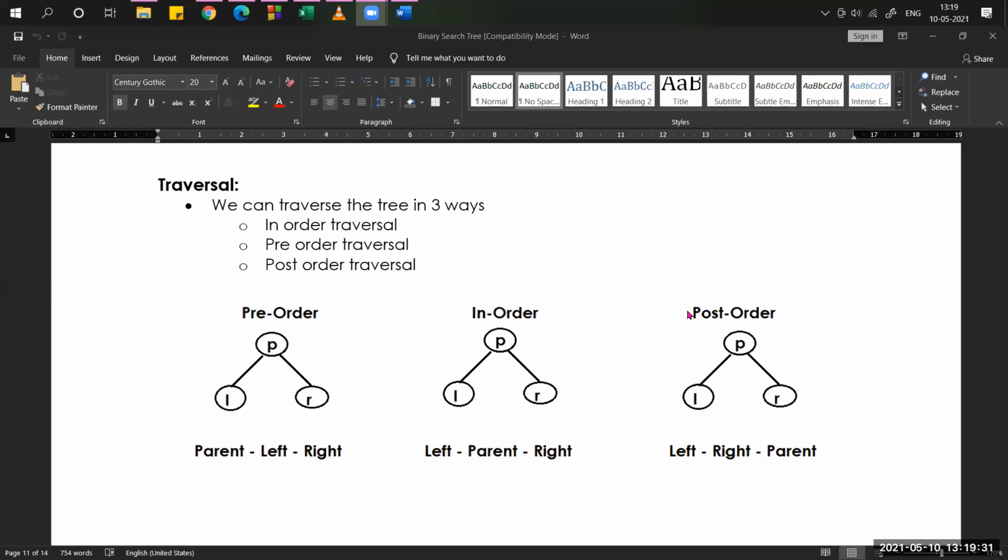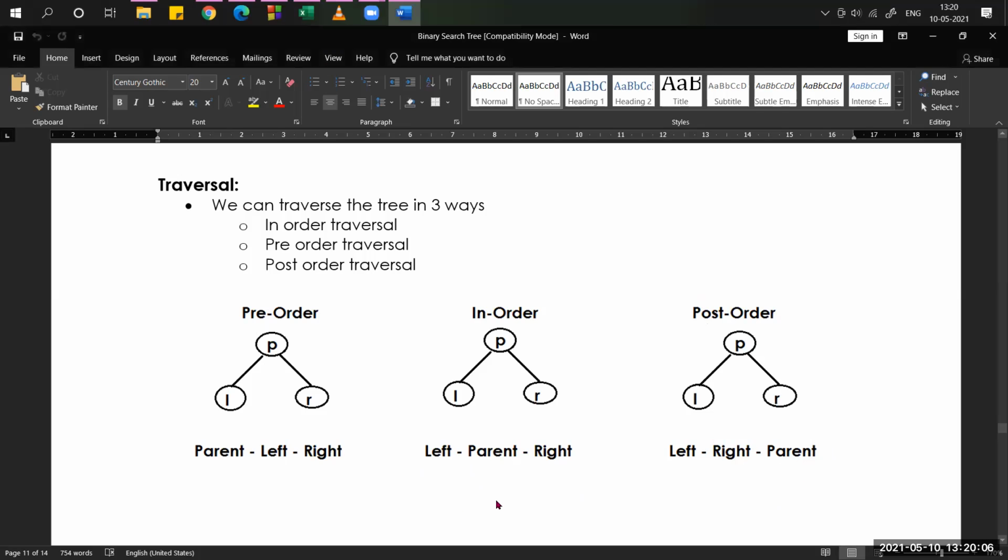Post-order means post, which means after. After the left child and right child, the parent has to come. So post-order means the parent comes last, in-order means the parent comes in the middle, and pre-order means the parent comes first. Based on the traversal method, we follow any one of these types, just to display the values of the binary search tree.